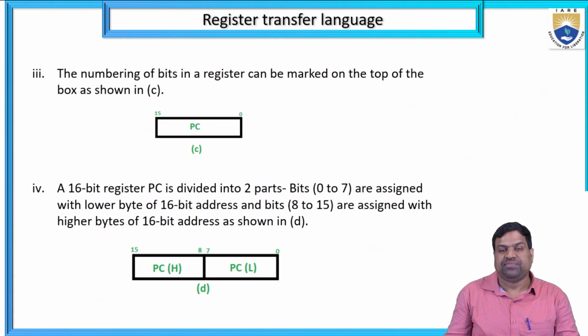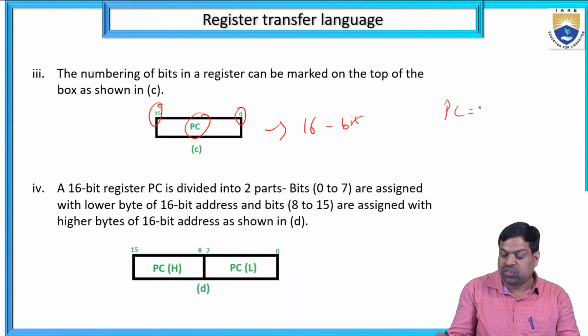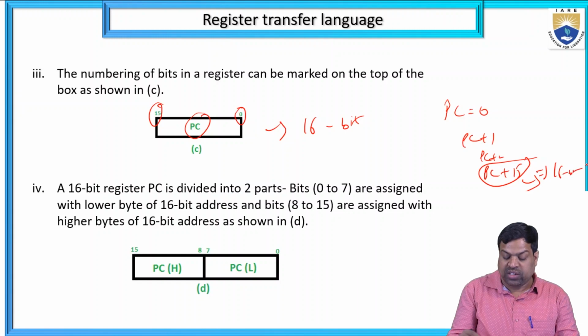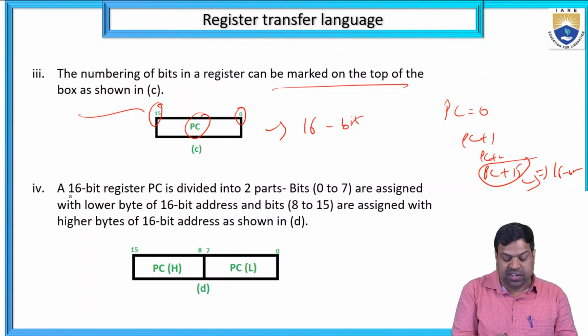And another one is that the numbering of bits in registers can be marked on the top of the box, as shown. PC means program counter. So here 0 to 15 means it is 16 bit. The program counter bits are 0, 1, 2, like this up to 15. Program counter up to 15 means it is a 16 bit program counter. Okay, it is a 16 bit program counter. The register is a program counter, showing 0 to 15, a 16 bit